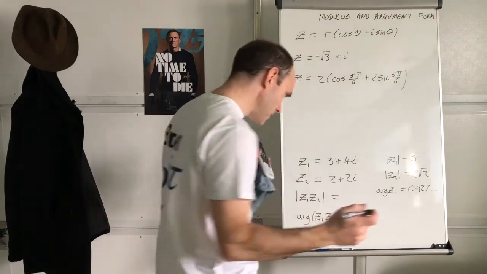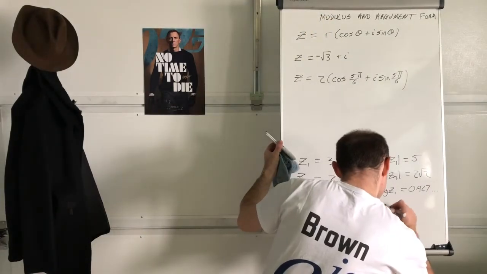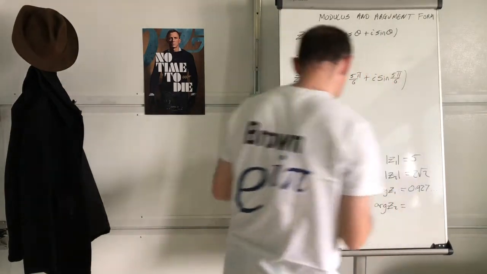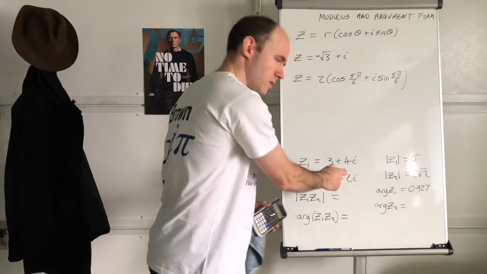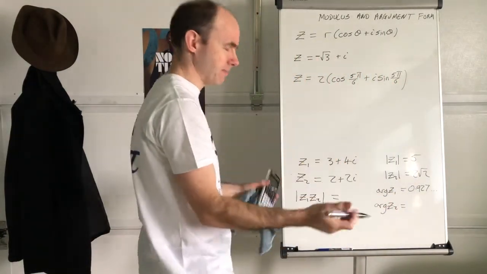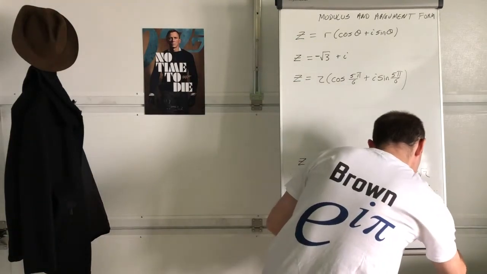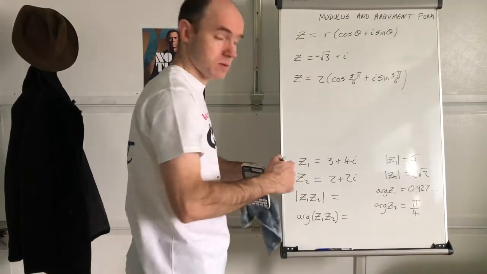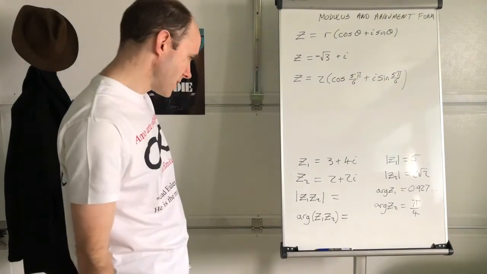Mamma mia. There we go. Argument of Z2 is pi over 4, isn't it? So you should have had those. Okay. Now,